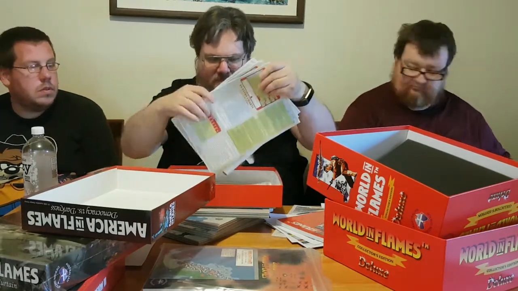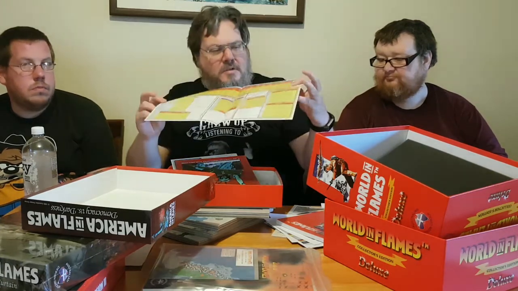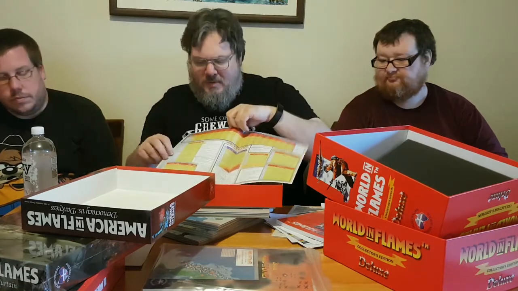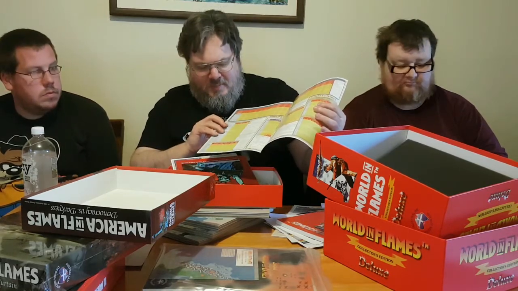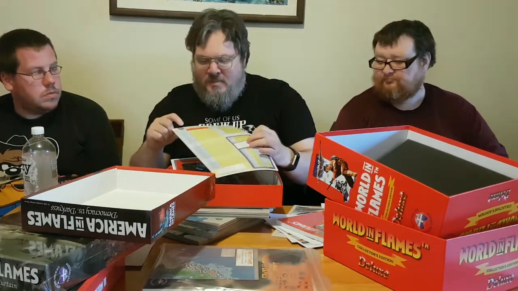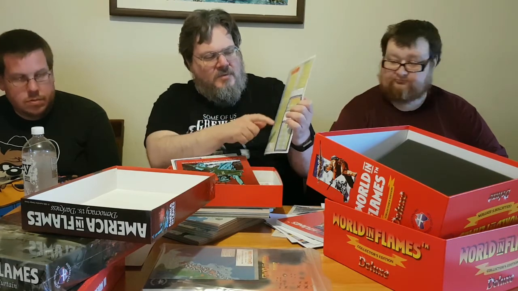2 more D10s. The combat charts. Combat chart for land bits, navals, the air bit, strategic bombing, activity limits, what you can do, the weather chart that talks about how far you move your initiative markers each turn, effects of weather,